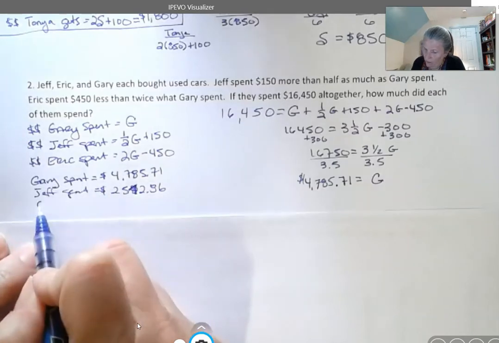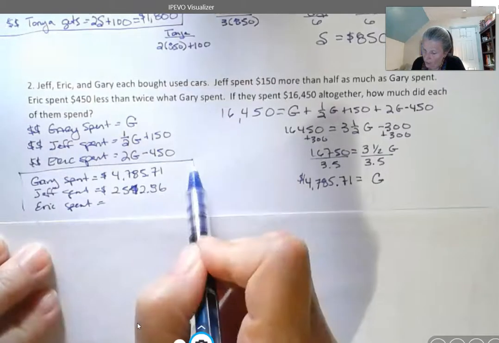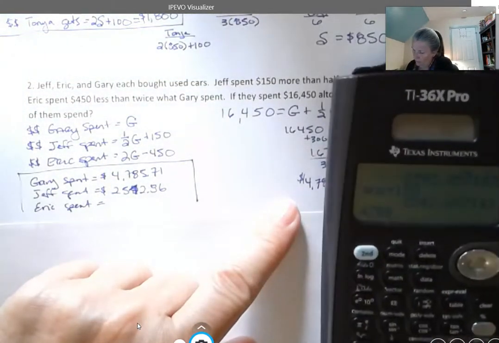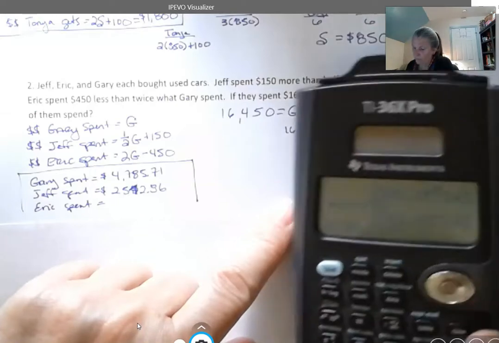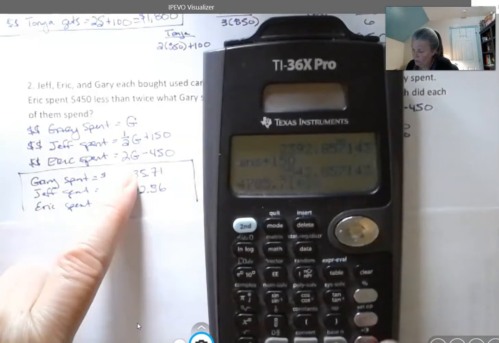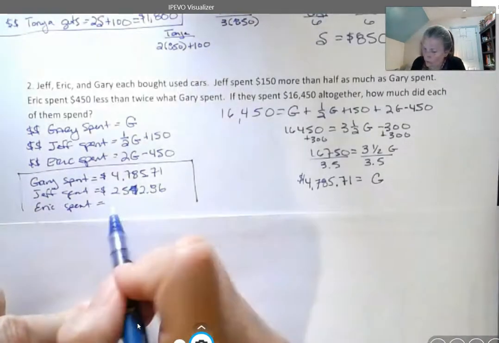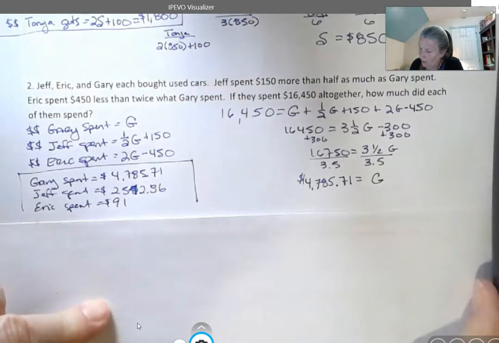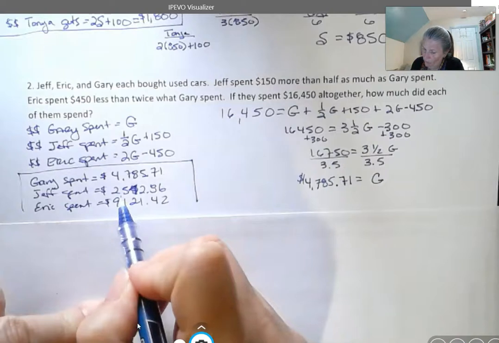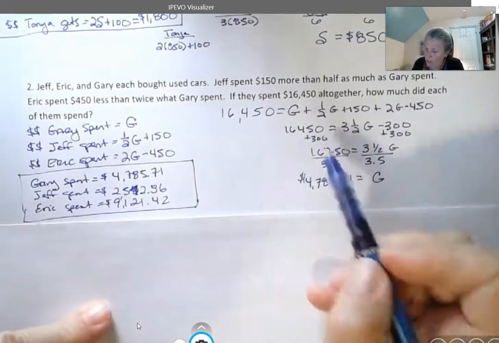And then what Eric spent, well, you have to take what Gary spent, 4,785.71, and then times it by 2, and then subtract 450, and that's 9,121.42. So there's my 3 answers, and I would add those up to check to make sure they all added up to